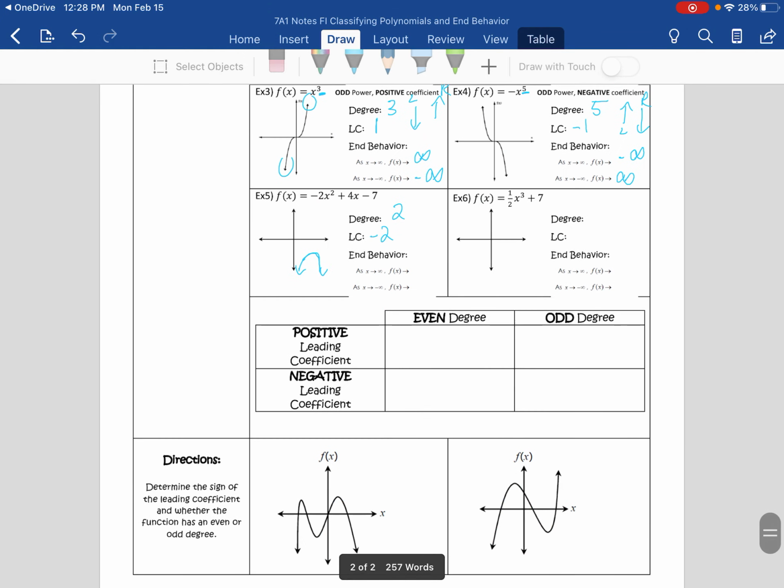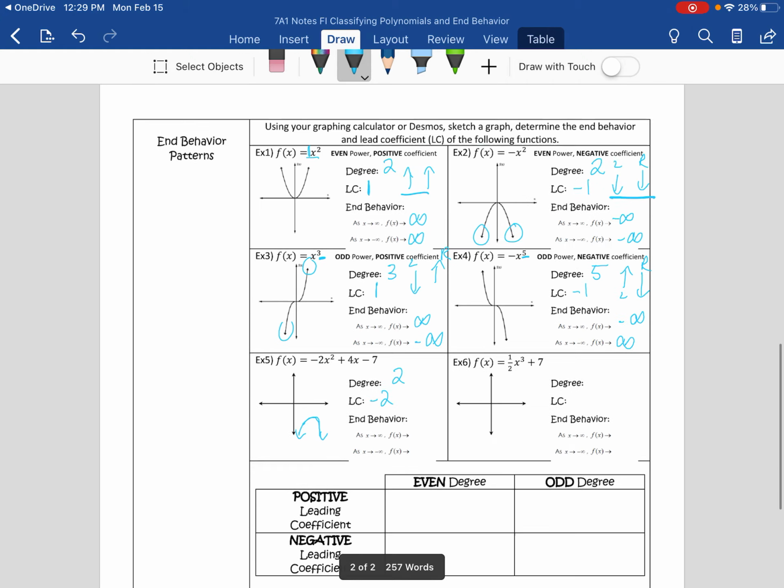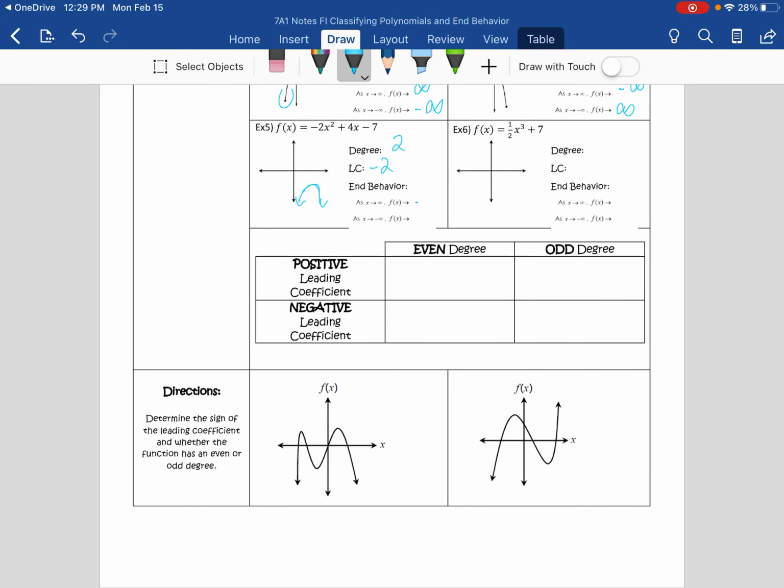And that happens every single time, and we'll talk about that. Sorry, down and down. Okay, next one, my degree is 3, my lead coefficient is a half, so it's odd and